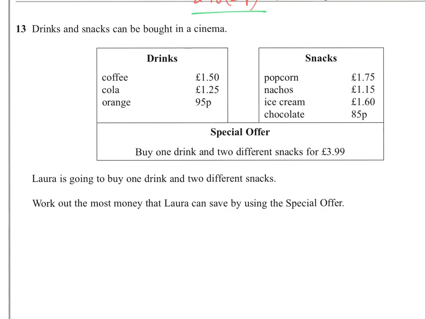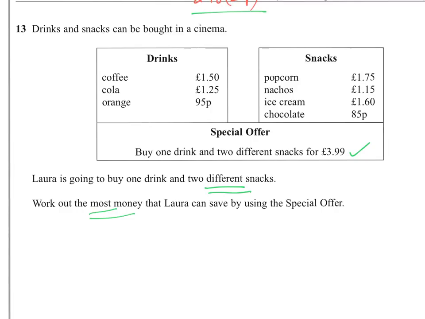Question 13. Drinks and snacks can be bought in a cinema, and basically Laura is going to buy 1 drink and 2 different snacks, and we've got to work out the most money that she can save using the special offer, which is buy 1 drink and 2 different snacks for $3.99. So I guess to save the most money, she would be going for the most expensive of each kind